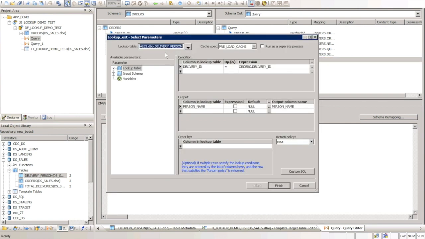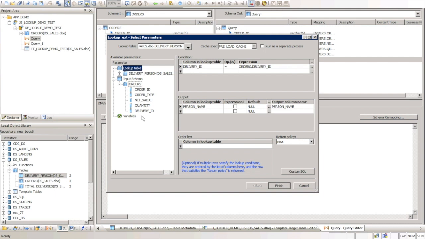What is our lookup data set? That is delivery person. And once we have identified the lookup data set, we need to match one column in the lookup data set to the column in the input data set, which is our source data set. That's why I said, let's say in the lookup table it was not delivery ID, it was something like delivery number, something like delivery ID number.